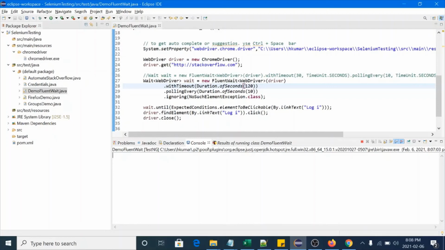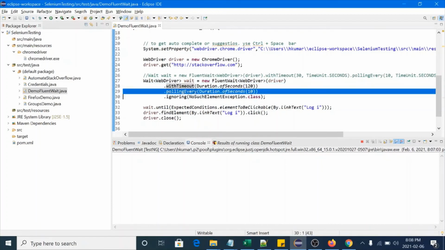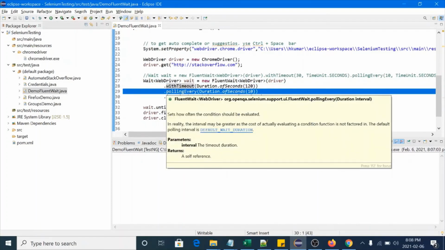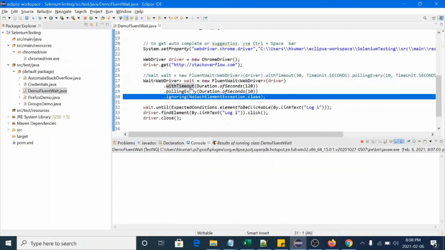Meanwhile, let me show you the documentation. Okay, so Wait is an interface. Implicit wait, explicit wait like WebDriverWait, and fluent wait, all these are classes. This FluentWait is a class, and it is assigned to a reference of the Wait interface. And fluent wait has 3 functionalities: setting the maximum wait timeout, and the polling timeout. You can set the polling timeout. This is a feature of fluent wait only, and you can ignore some exceptions while performing this wait.